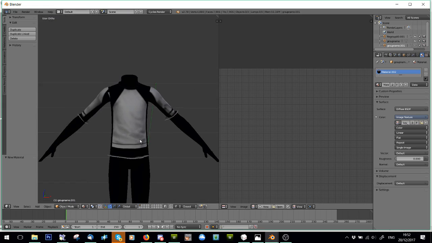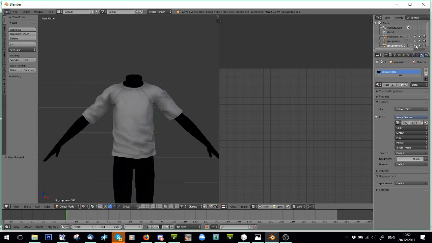And let's just say the sleeves were a lot shorter, so let's just pretend that the multiplier came